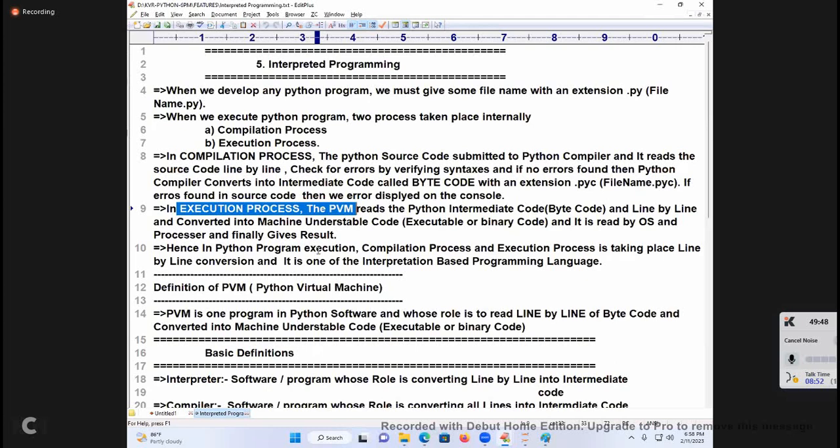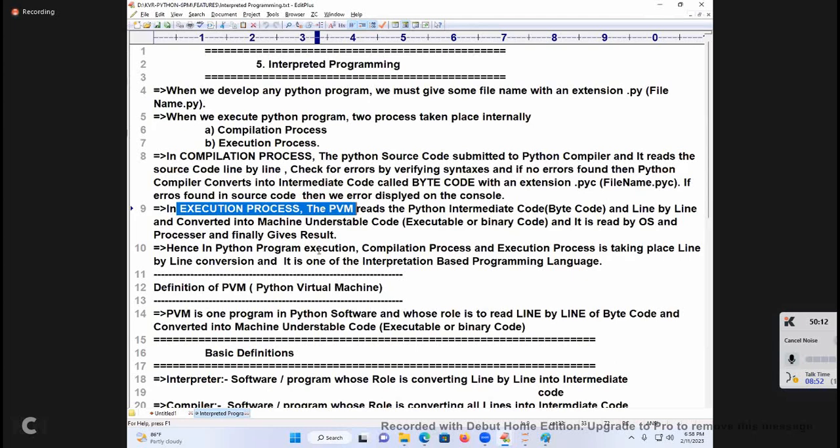Today, one of the students appeared for an interview at 4 p.m., and they asked the first question: who will compile the Python program? He said PVM. He came to me and asked, sir, who will compile the Python program? I opened the diagram, and he kept his hand on his head. Sir, I committed a mistake today.